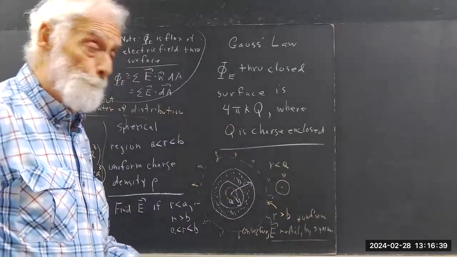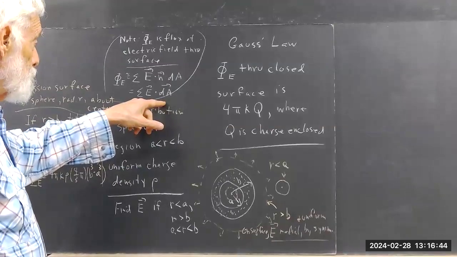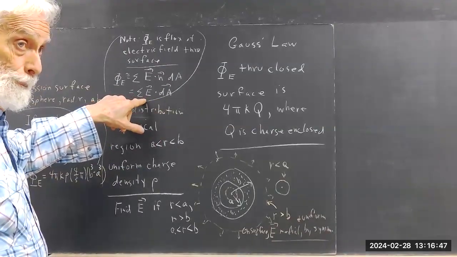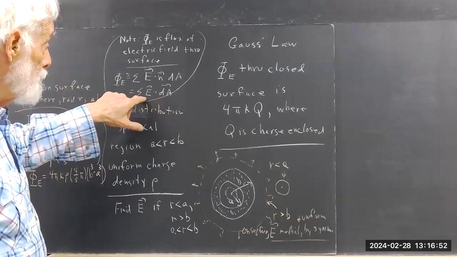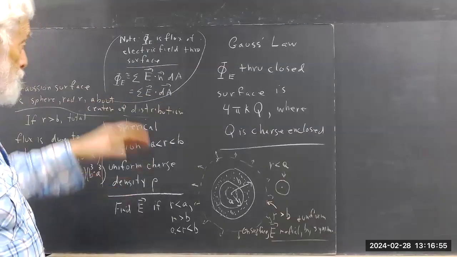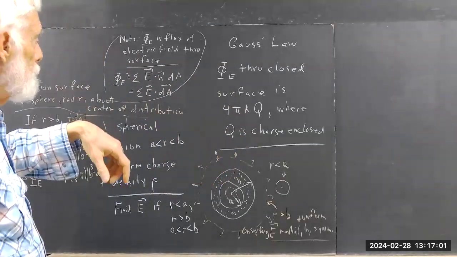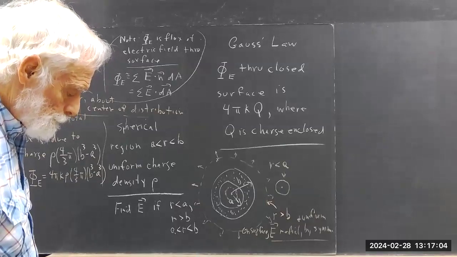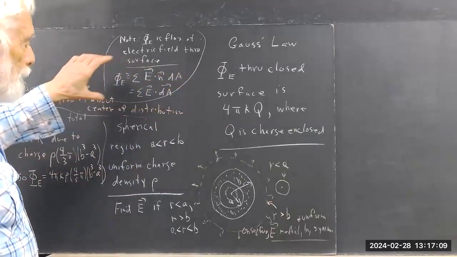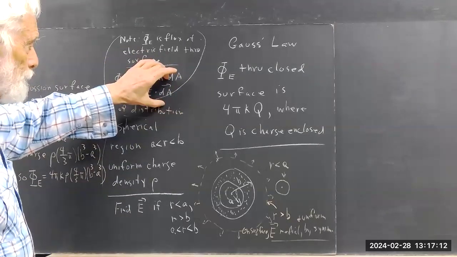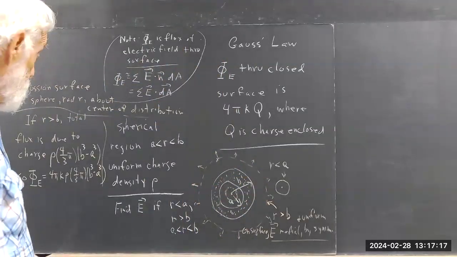surface area. The total flux is just the sum of all of E's times the surface areas. If E is uniform and always perpendicular to your area, then it's just E times your area. If the magnitude of E is always the same, then it's always normal, then it's just E times your area. You can factor out that common E, and the sum of your areas is the total area of the surface. Okay, so tell me,